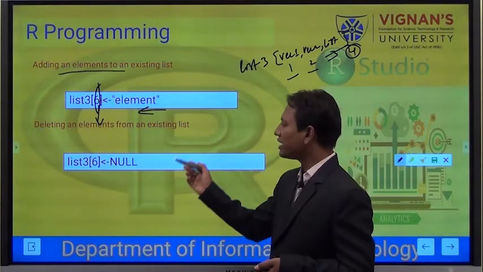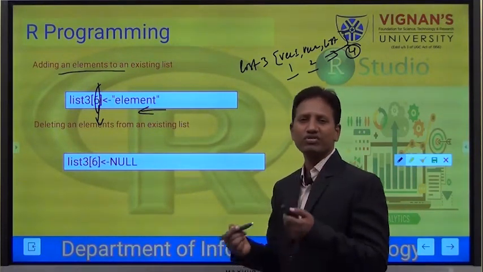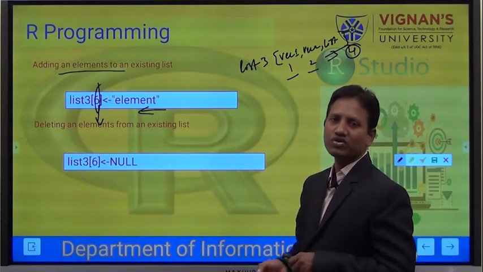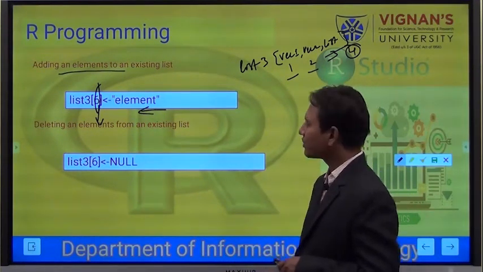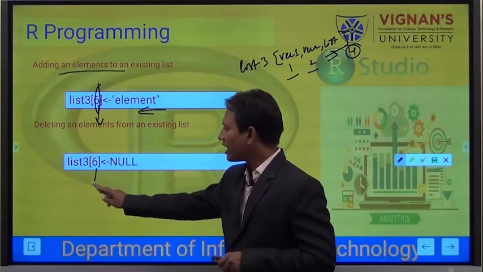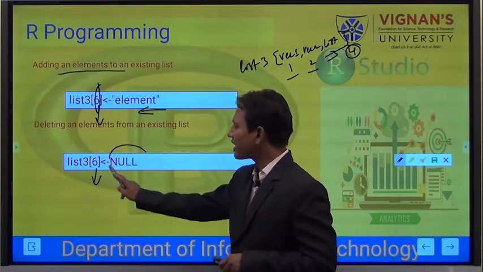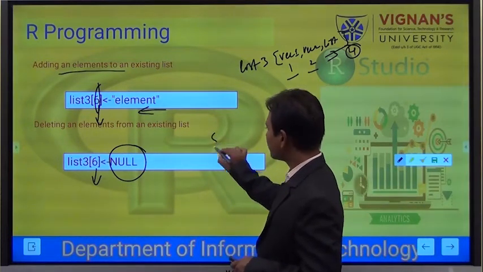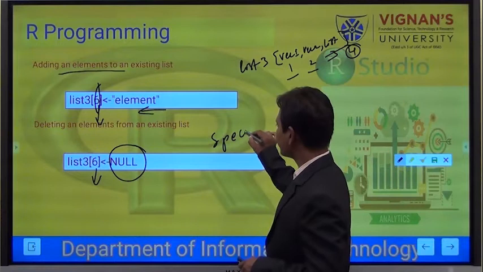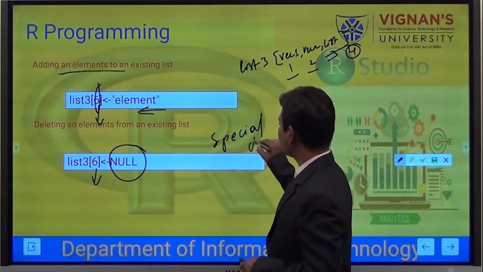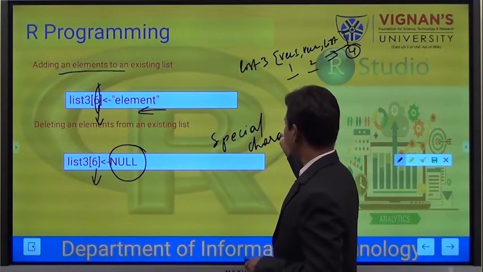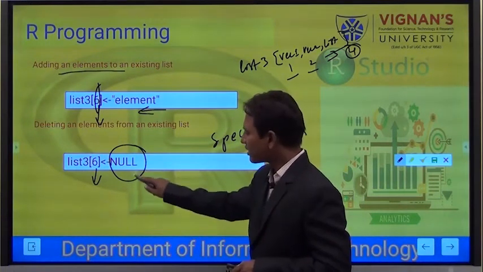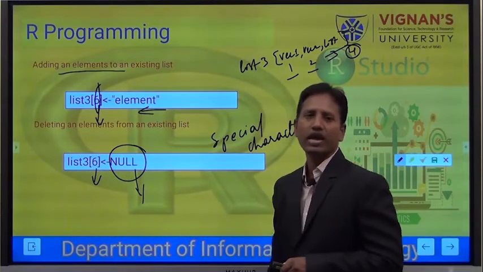To delete an element is very simple and straightforward. Which element do you want to delete? If you know the index value, just use that index, and in that place you use a special character called NULL, in capital letters.